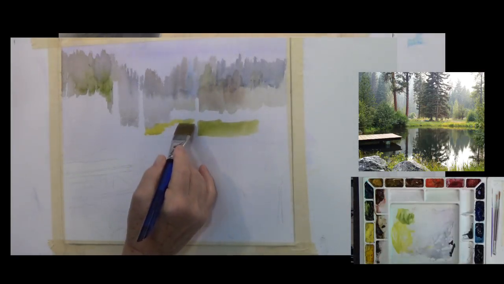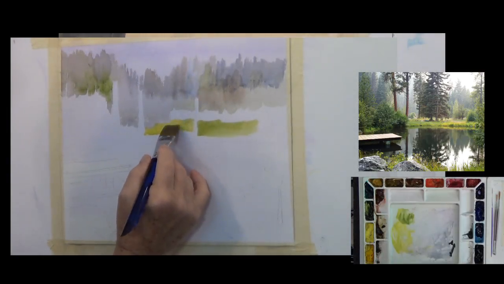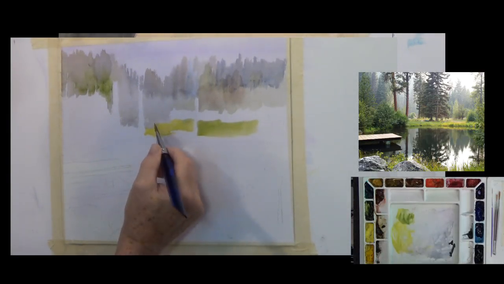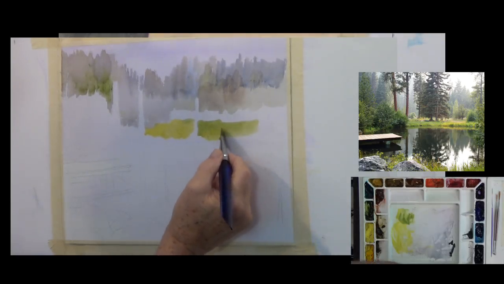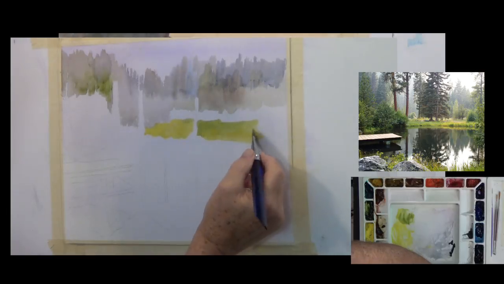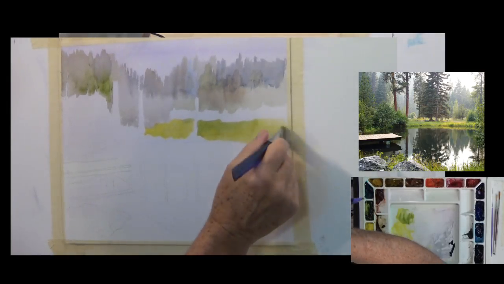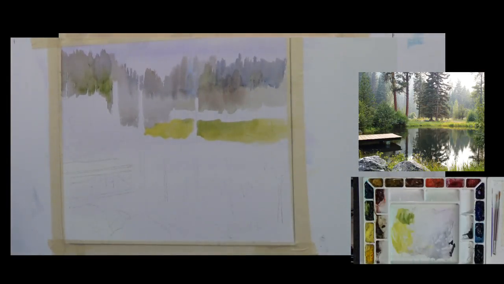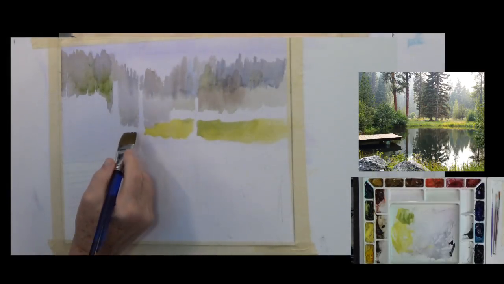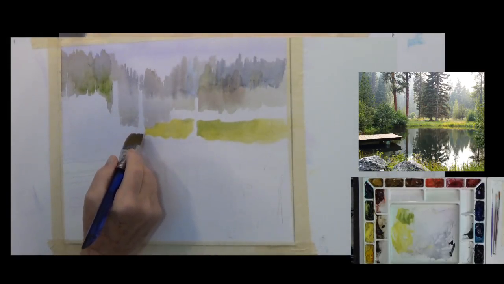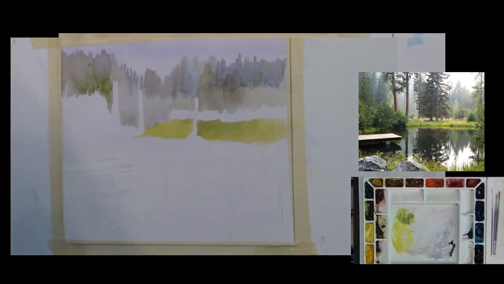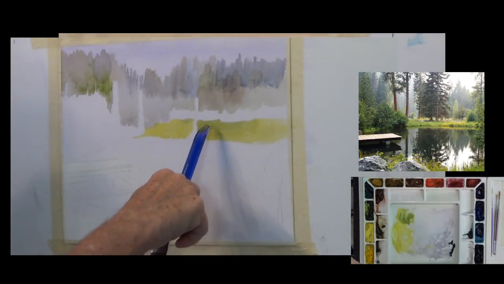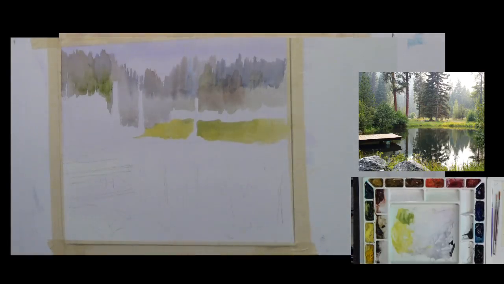Mix it up, put some more yellow in it, lighten it up. I'm just putting this nice light yellow color in back there. That's going to be covered up with trees over on the right, and it runs over into this tree right about here, and it sort of runs out. Okay, so I've got a little gradation in color, a little darker at the back and lighter at the front,